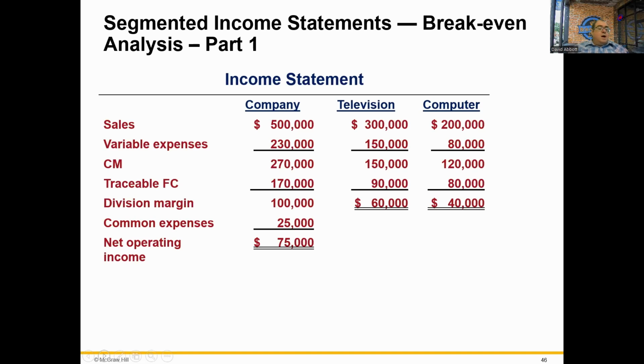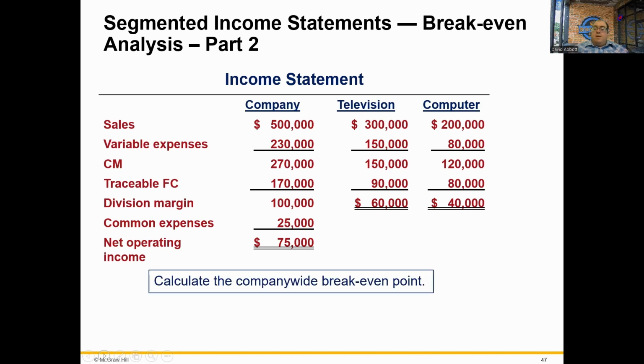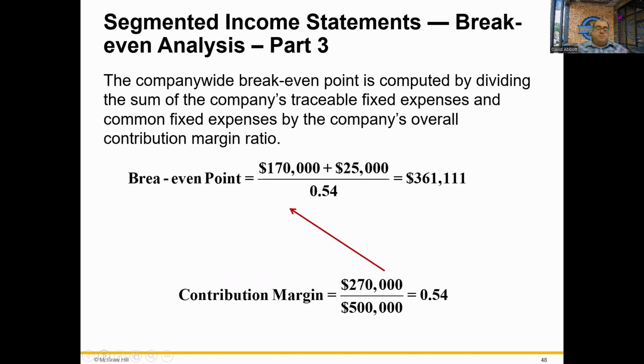The company-wide break-even point is computed by dividing the sum of the company's traceable fixed costs and common fixed costs by the company's overall contribution margin ratio. This equation can be used to compute Weber's company-wide break-even point of